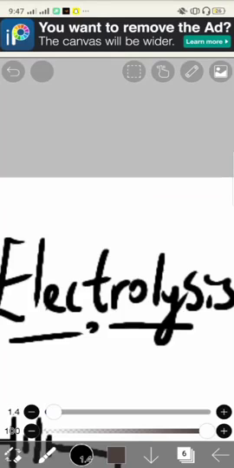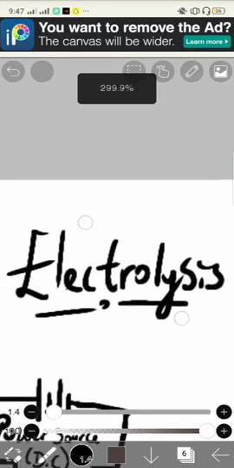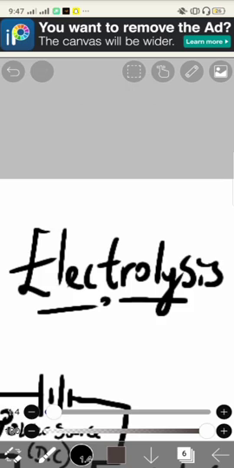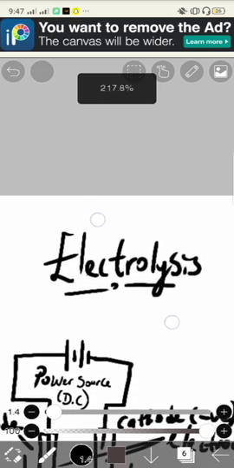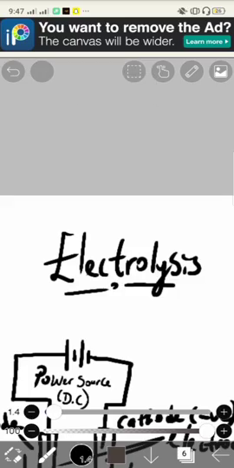So we're talking about electrolysis. Electrolysis was actually gotten from the term electrochemistry, that means using chemical compounds to produce electricity. So you can say electrolysis is under electrochemistry. So now, before we talk about electrolysis,